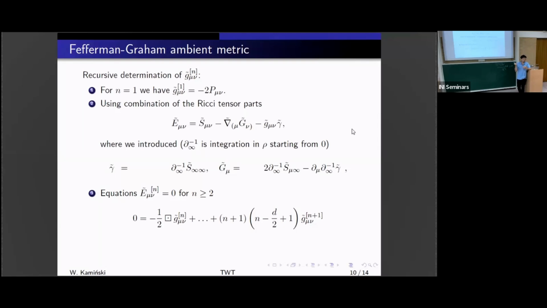Yes, so it cannot be hyperbolic. It would be a contradiction. So we need to make some gauge fixing, and this gauge fixing is the following. We need to massage this function gamma and g a bit by adding these terms that previously were written also in red as S1, F1, and F2.